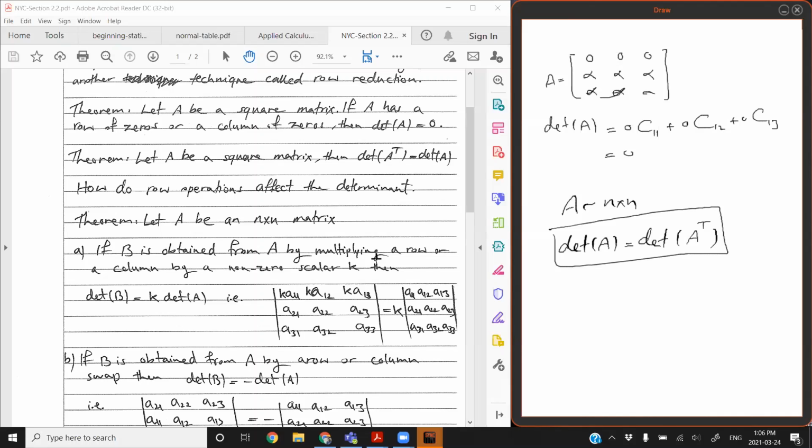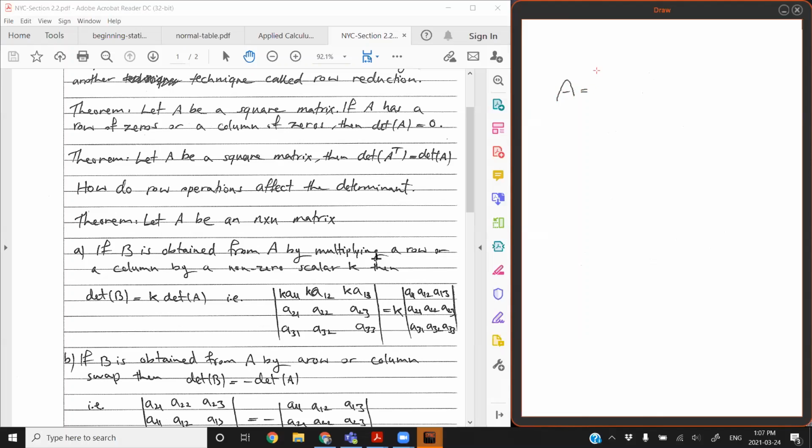So let's say we have a matrix A, 1, 2, 3, 4, 5, 6, 7, 8, 9, and you do a row operation on that. You do a row operation like R1 swap with R2, and you get a new matrix 4, 5, 6, 1, 2, 3, 7, 8, 9. You want to know, how would the determinant of A and B be related. So let's begin with